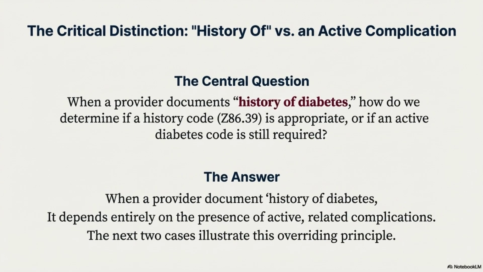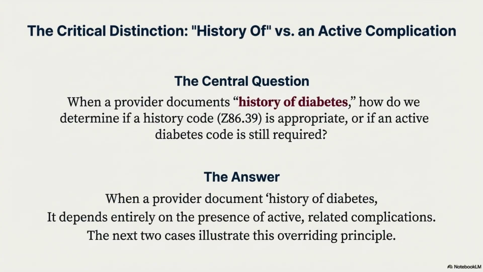Now let's look at a key distinction in diabetes coding, knowing when history of truly means the diabetes is resolved, and when it doesn't. The phrase alone isn't enough. What really matters is whether the patient still has an active diabetic complication. If there are no active complications and the provider clearly documents a past condition, then a history code is appropriate. But if the patient still has an active diabetic condition, even if the note says, history of, the diabetes must be coded as active. This distinction completely changes the coding pathway, so it's important to evaluate the documentation carefully before